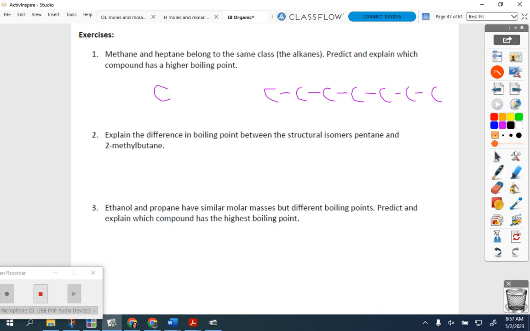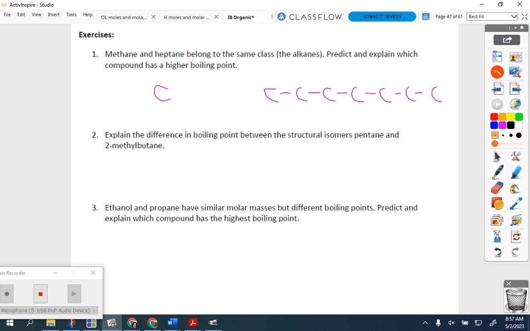They would want you to talk about either dispersion or van der Waals forces. Those are sort of interchangeable, to say that the larger molecule is going to have stronger dispersion forces, and that's going to increase the boiling point. Not in this case, because there are none. I think if you just say dispersion forces, from what I've seen so far thinking about it in the mark schemes, they have to know that these have dispersion forces only, and that it's the stronger intermolecular forces that are going to give the higher boiling point. All